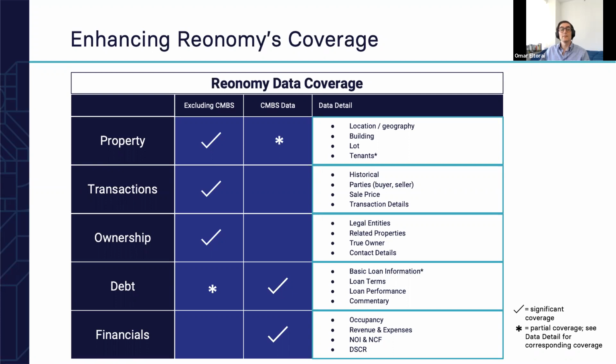Hopping over to the next slide, we can see that in addition to improving the timeliness of Reonomy's data set, the CMBS data also enhances the coverage across Reonomy's data. And that's what you see here on this slide. So while Reonomy's data set is already quite extensive, particularly in terms of property, transaction, and ownership data, the CMBS addition really deepens the